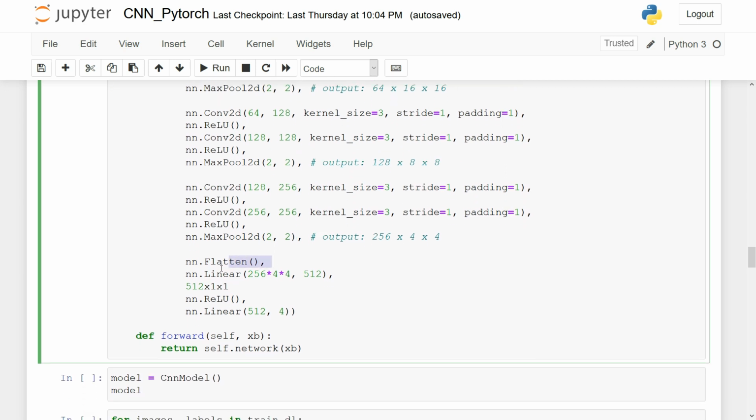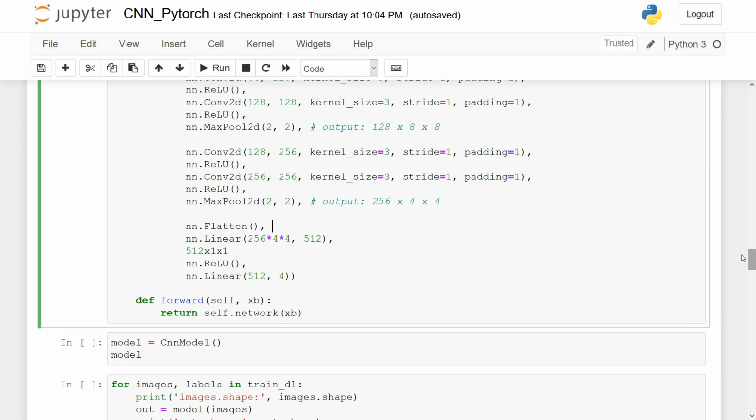we initialize a flatten layer. So this flatten actually gives us the vector of this layer. Okay, so we put here the vector in our linear model. So nn.Linear 256 comma 4 comma 4, we are going to convert this 256 comma 4 comma 4